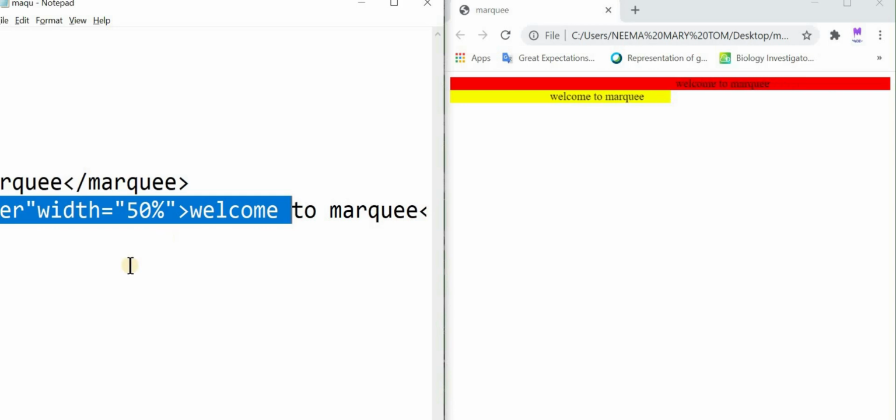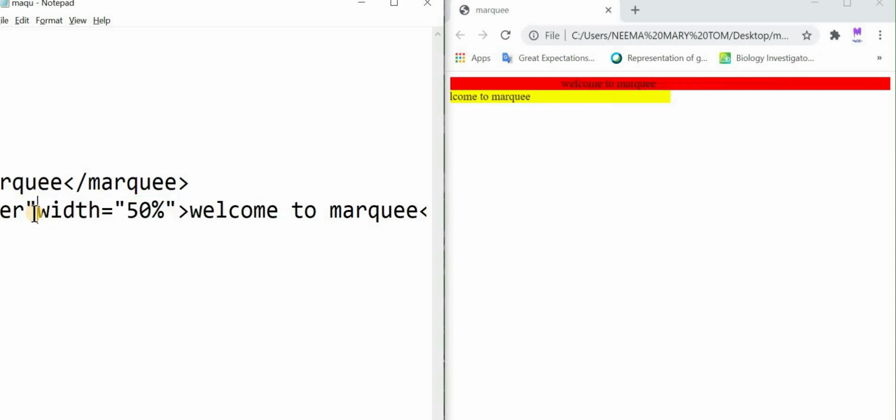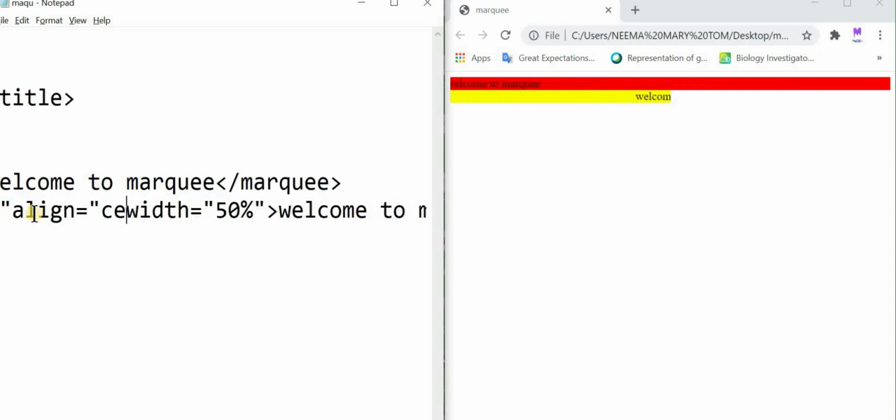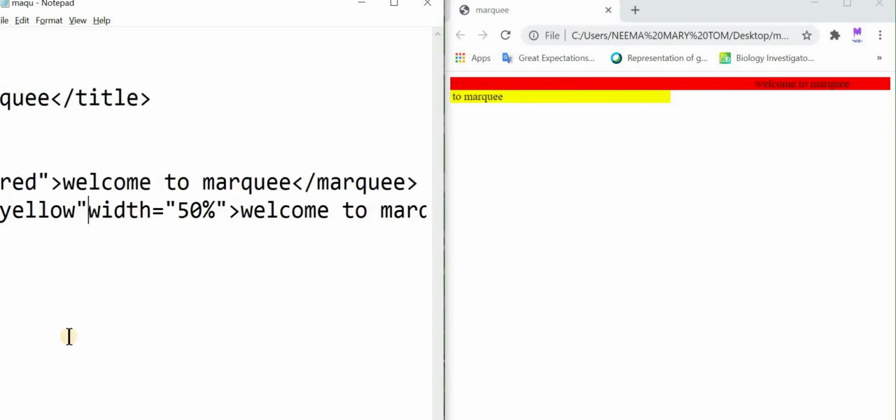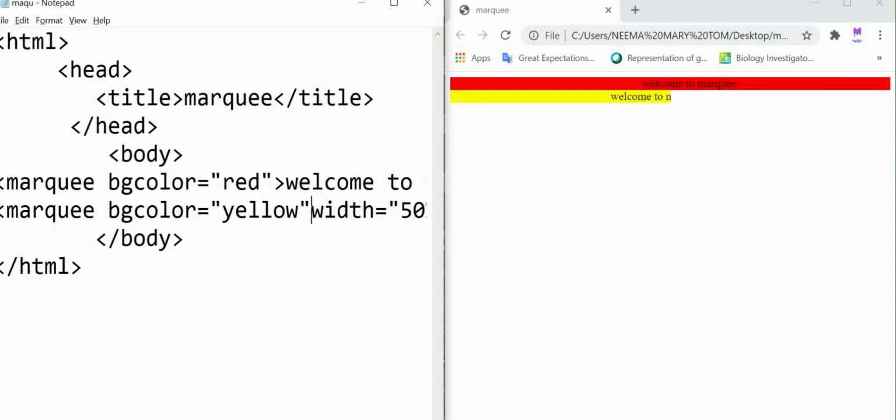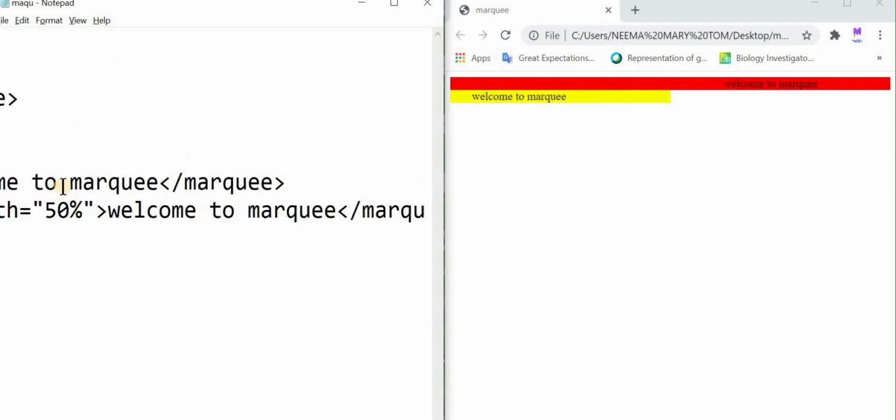For that we have to use another tag that has an align attribute. So here I am using a paragraph tag for this marquee. Here I am adding one break because the marquee is occupying the full width of the window.